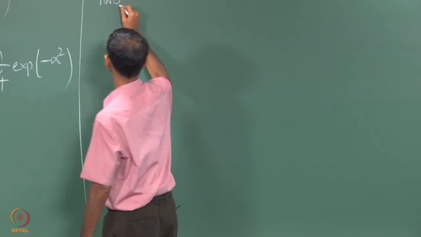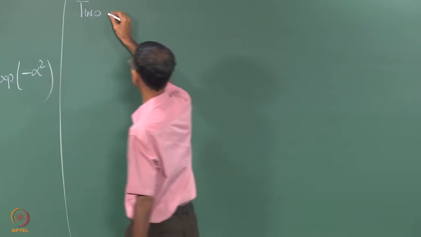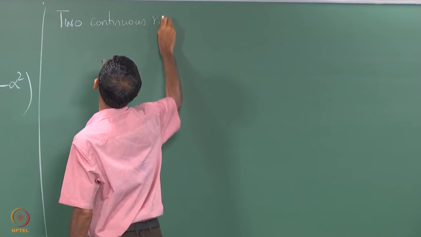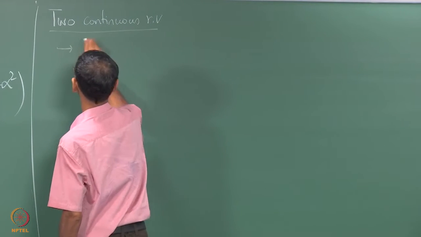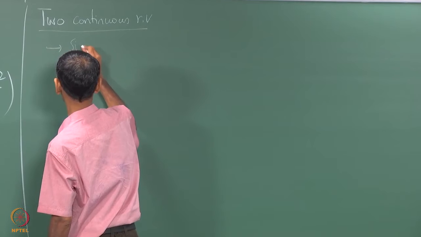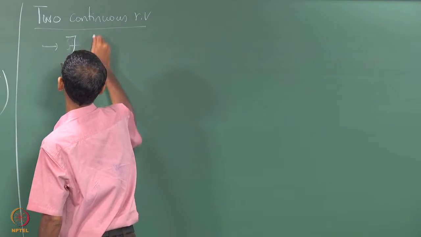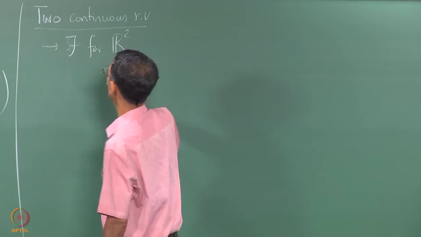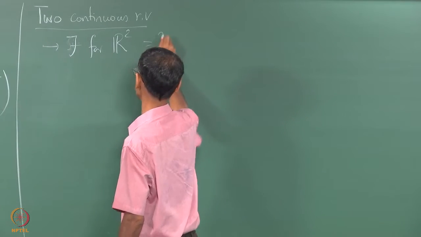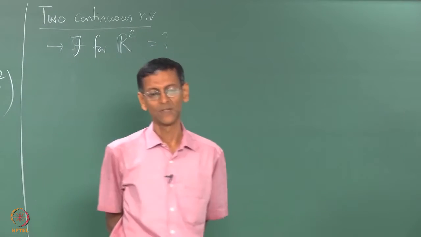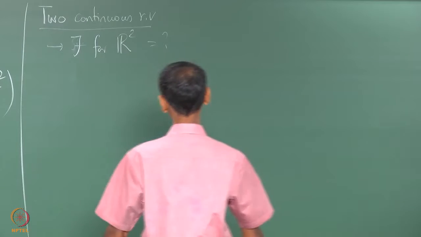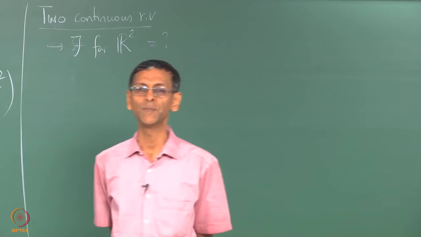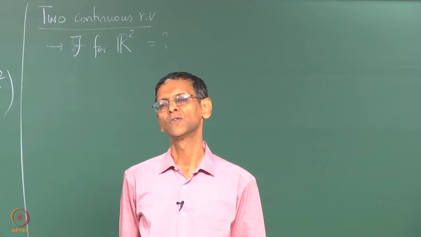So, we start today's lecture pretty much with two continuous random variables, and while doing this you have to look at what is the F, a suitable sigma field for R squared. What is this, right? That is what we first have to look at. Why are we interested in R squared? Basically we are interested in R squared because R squared is the minimal space that we require to define two